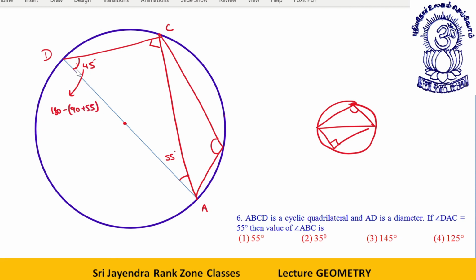This is 45. Now my dear students, if this is 45 degree, these are opposite angles of a cyclic quadrilateral. So this angle will be how much? This will be 180 minus 45 degree, or 135 degree. So if I am not making a mistake, sorry, this angle is 35 degree. So this will be 90 plus 35. That will be 125 degree. Okay, fine. Let's move ahead. You can have a look over it if you want to.